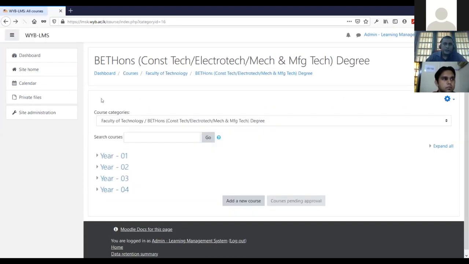Now this goes for the external courses as well. So if the external courses are incorporated in the LMS, the course director will be given the privilege of assigning as a manager. So they can do whatever changes, they can change the way how this appears. Any change can be done by them.